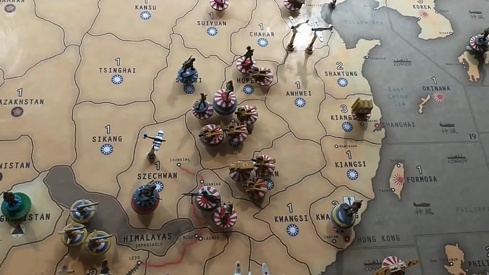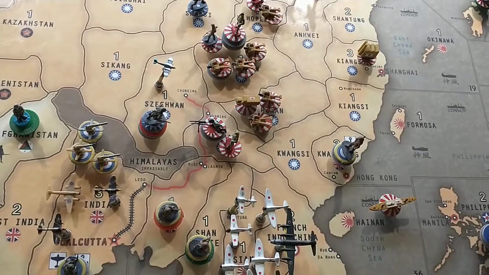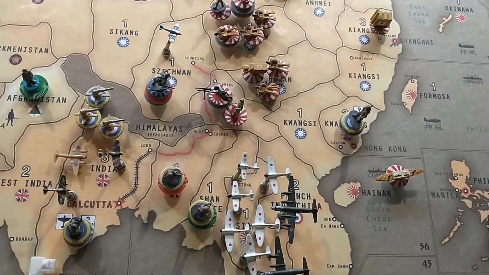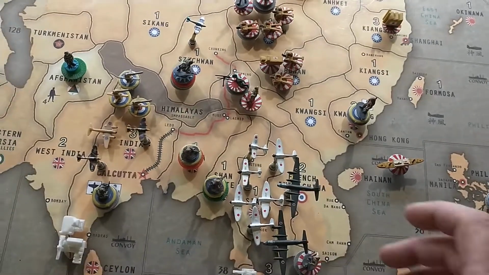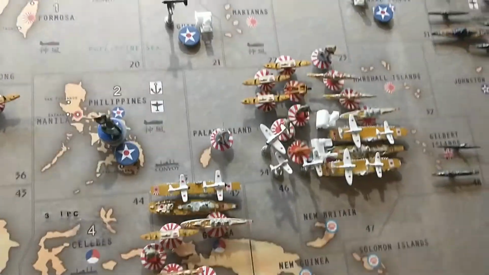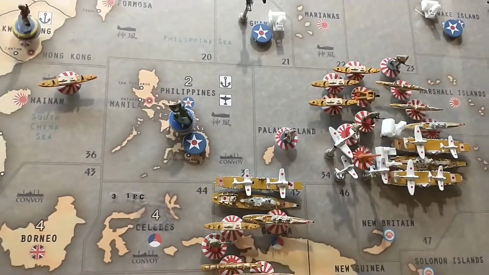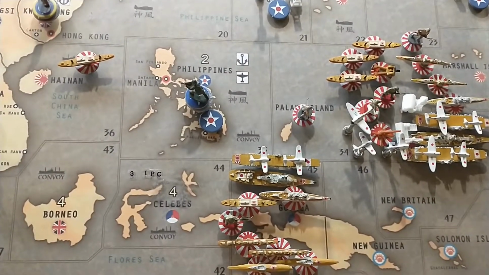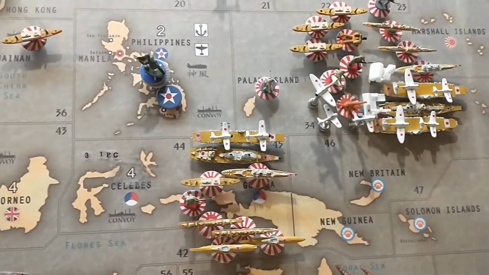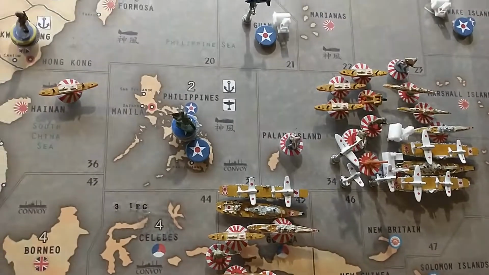Yunnan with a Y, 3 infantry. Siam, 2 fighters, 4 tactical bombers, 2 strats, and 2 infantry. In Sea Zone 45, there is 1 infantry out to sea on a transport. There are 2 subs, 2 destroyers, 1 cruiser, 1 battleship, and 1